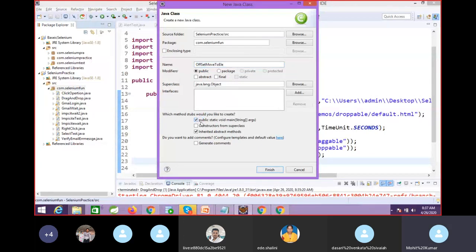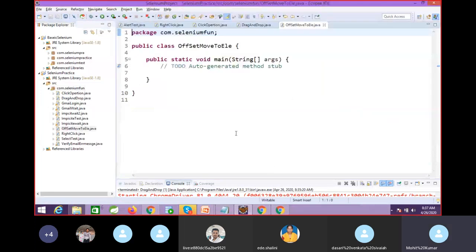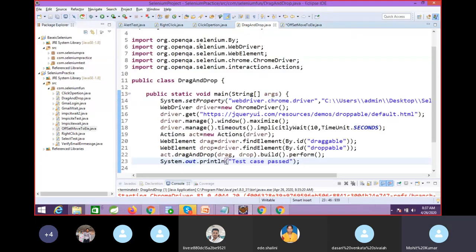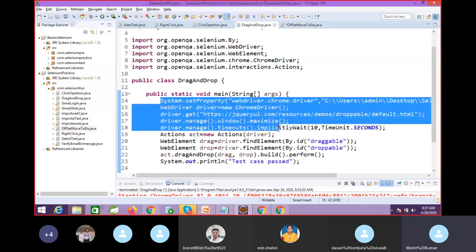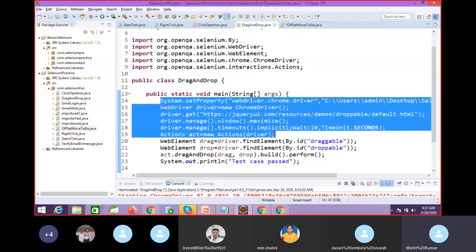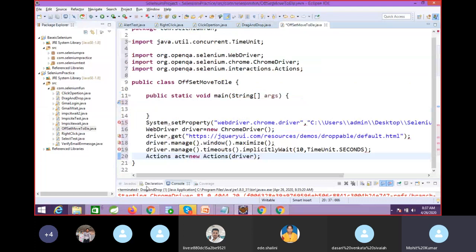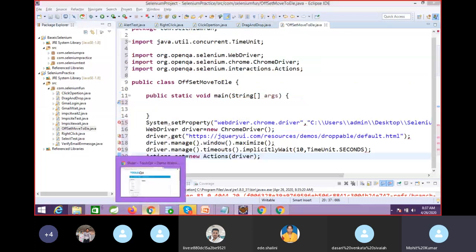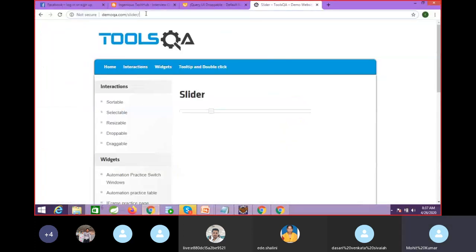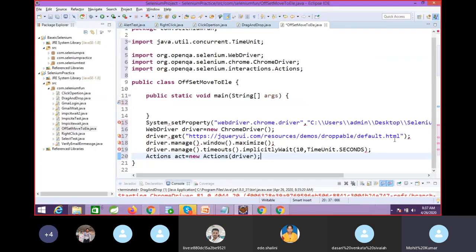Now I will copy paste here the same 5 lines of code, and here you need to change this URL first. So where is this URL? We will use this URL.